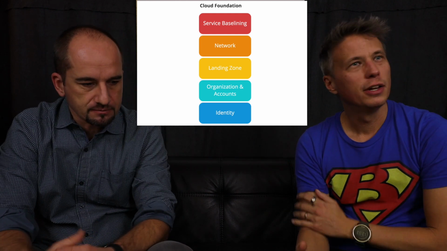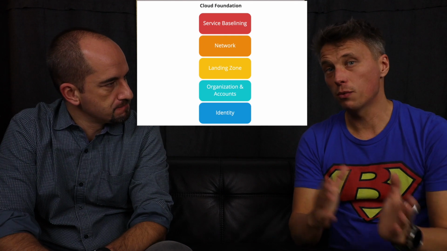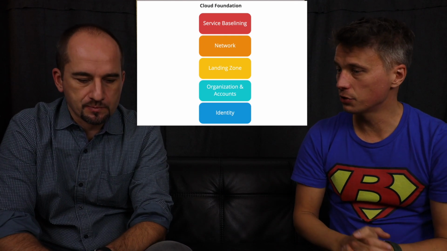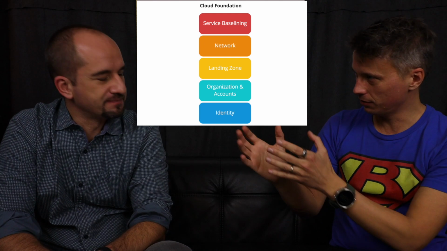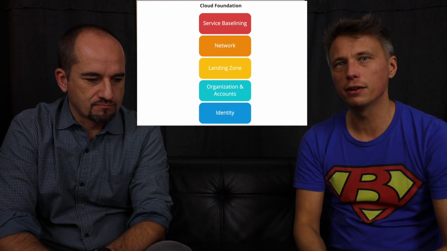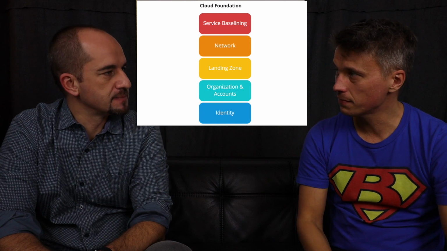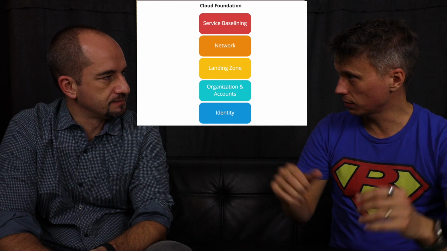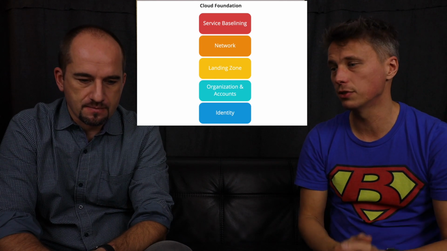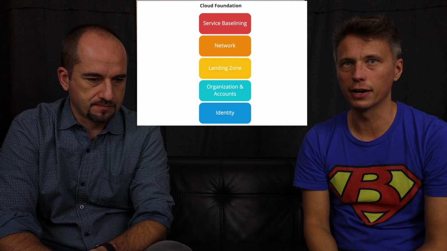Right. And then after that, we looked at networking, which includes everything from having the main road from your on-prem to cloud, which can be VPN or any other type of connectivity. And then we looked at the interconnectedness within the cloud, which can be between accounts depending on how you're modeling that.